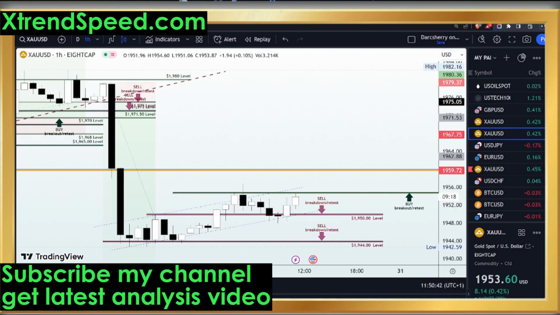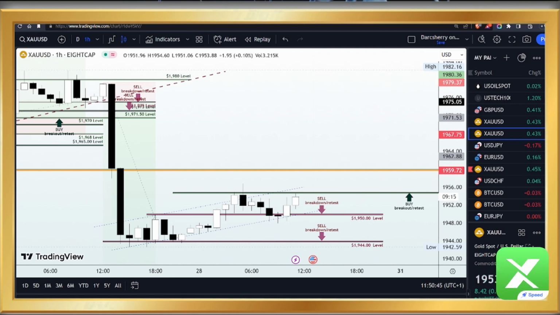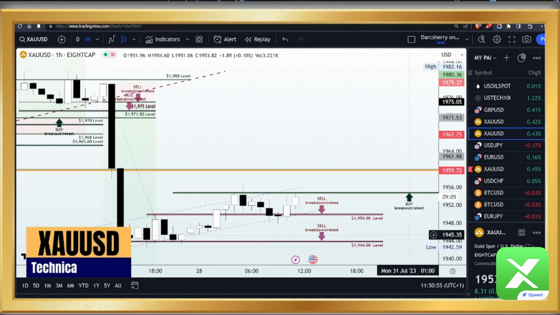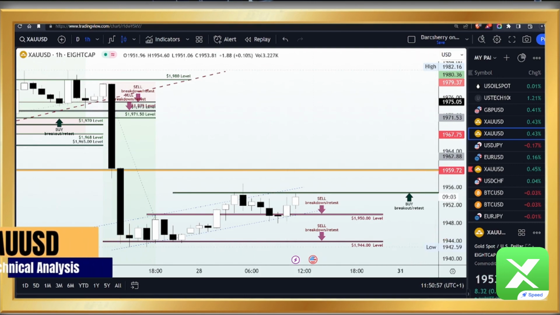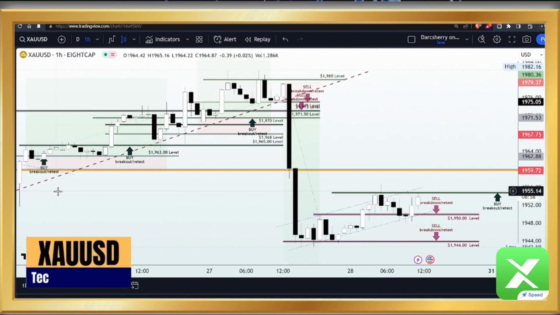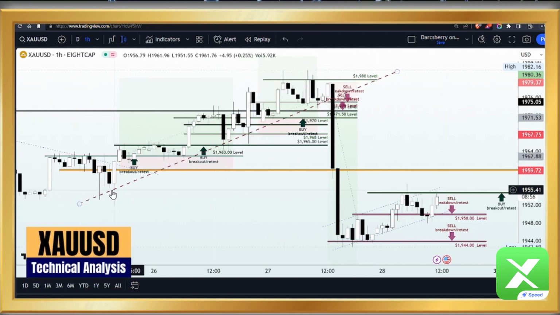In fact, the XAUUSD has been another interesting trading setup for us this week, as we've scooped a significant amount of profit on this commodity. Now, before we kickstart the expectations for today, let's run through how things went for us since